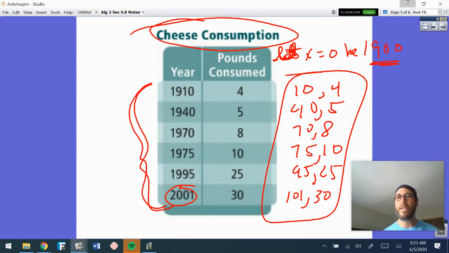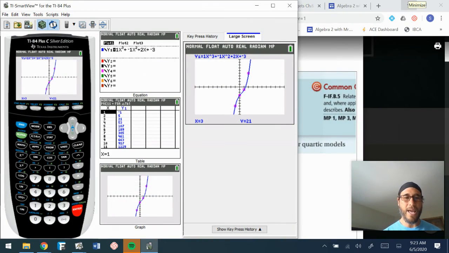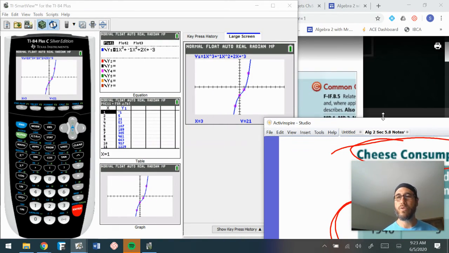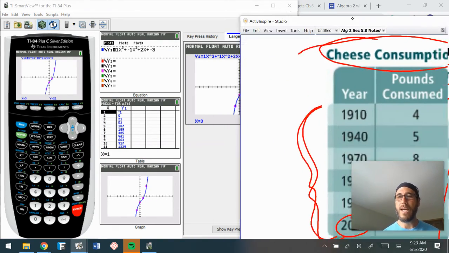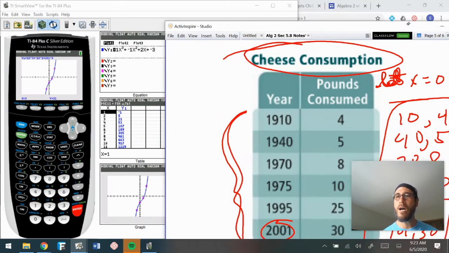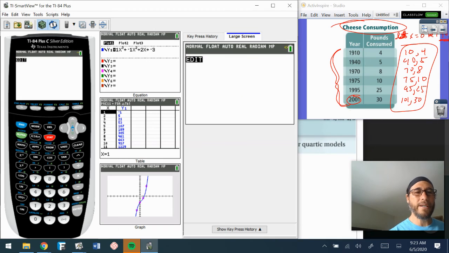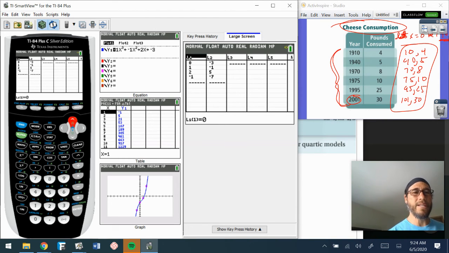Hopefully I can get it over here. Oh, snappity dappity. I need that guy back. I think if I go like that, got to be able to plug these guys in. Okay, there we go. All right, so let's go ahead and go back here to stat. We're going to go ahead and edit. Last one we're doing, okay? We're going to predict how much cheese they need in